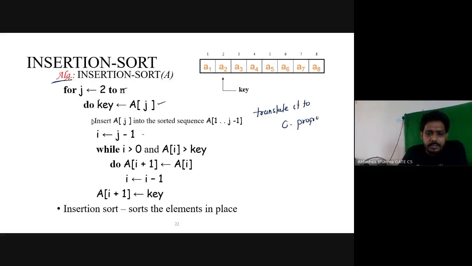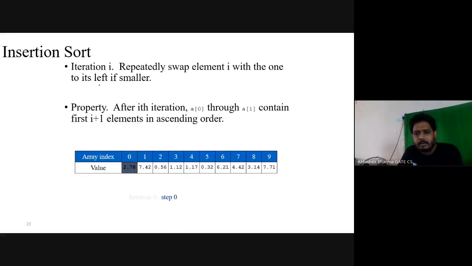Let's first see the algorithm, then the working, and then I'll come back to this algorithm. This is an array with index 0 to 9, and these are the values. I have taken real numbers here, so don't get confused. Real numbers can also be compared as greater or lesser.